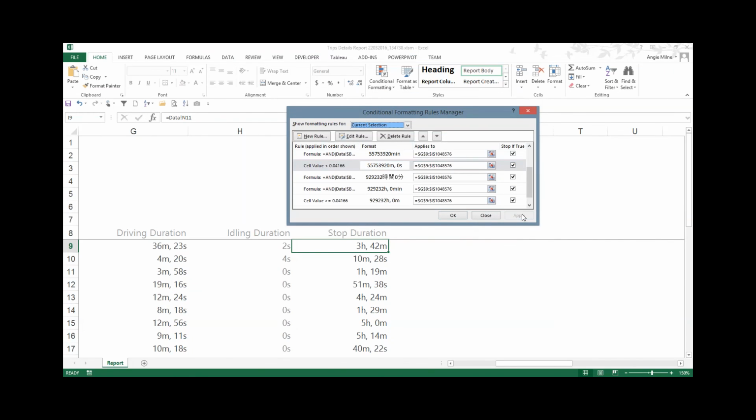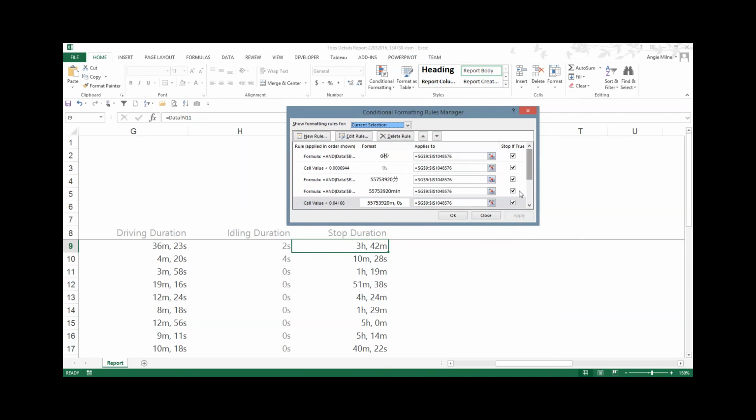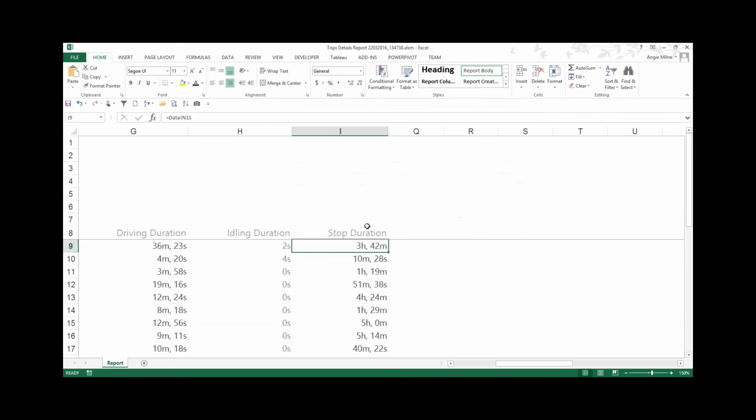And I'm just going to apply those changes. And you can see as soon as I applied those changes, all of those ones that just said minutes now have seconds associated to them as well. And it applied to all three columns. And there you go. So what we've also done is you can see the idling duration in seconds is a